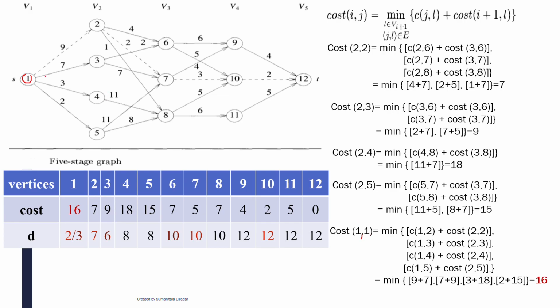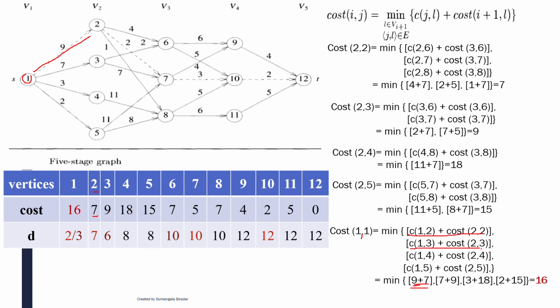So now from 1 to 2, you have to calculate 1 to 3, 1 to 4 and 1 to 5. See, that is what? Edge cost 1 to 2, 1 to 3, 1 to 4 and 1 to 5. So 1 to 2, what is the thing you are having now? It is having the edge cost is 9 here. That's why you take here as a 9. And cost of 2 comma 2. 2 means what? Second. I plus 1, it is what? 2. And in the table for the 2, what is the value you are having? That one you have to take here. That is 7 here. 9 plus 7, this is for this line here.